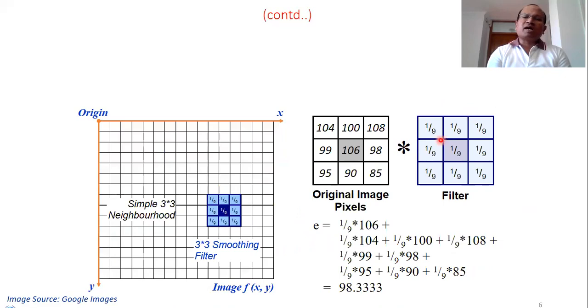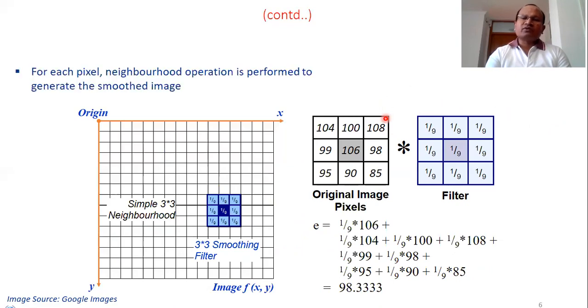Now this mask can move, and when this mask is moving, these 6 values may overlap with these 6 values. When it moves again, these 6 values may overlap only with these 3 values. So possibly these 3 will be multiplied by these 3. Accordingly the operation is performed, and then we get different values.